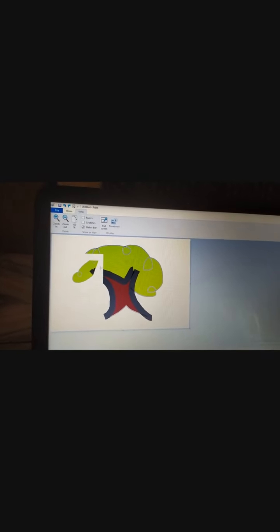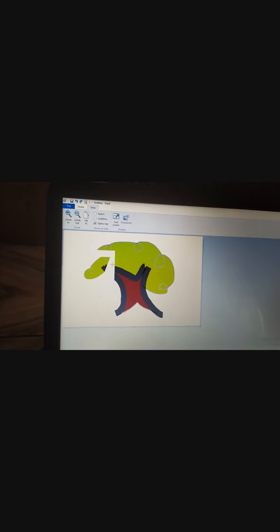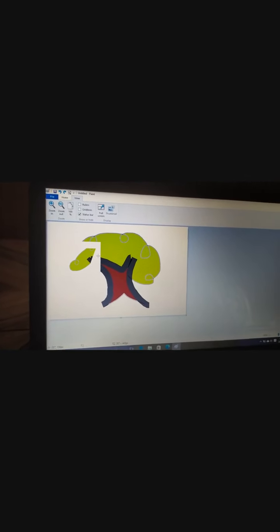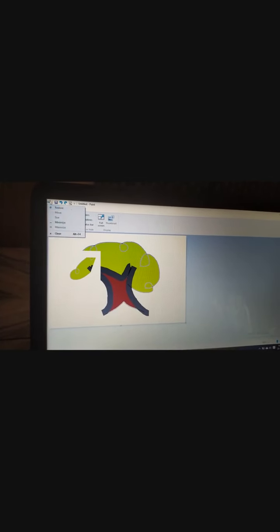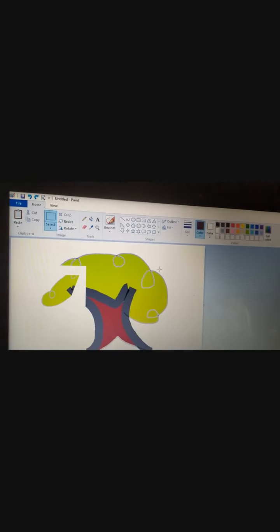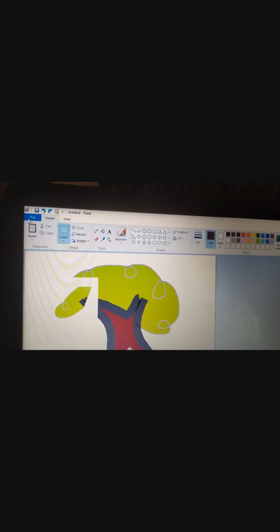Now next is, we want to set this picture as our desktop background. How we are using it? In the paint button, now click on the file button.